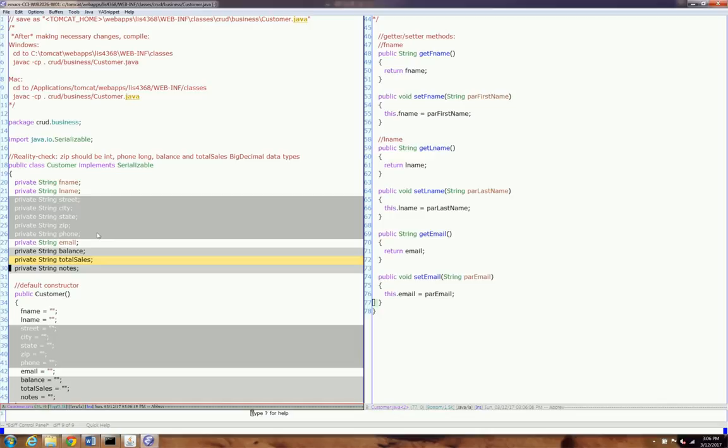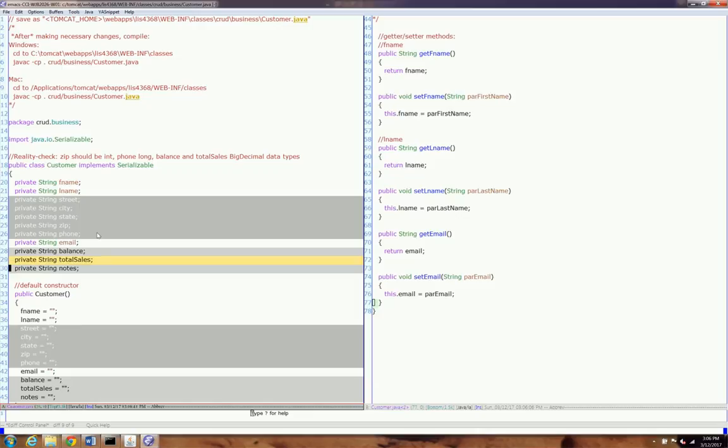So we'll have a database model too. Our first Java Bean is Customer. Later on, we'll have a CustomerDB. DB for database. We're going to have that as a model. And again, we're going to interact the customer object with our CustomerDB object,